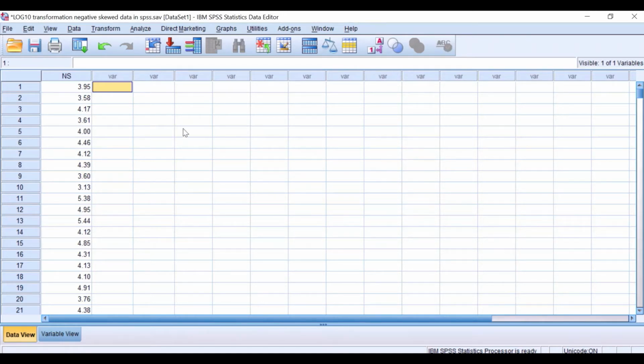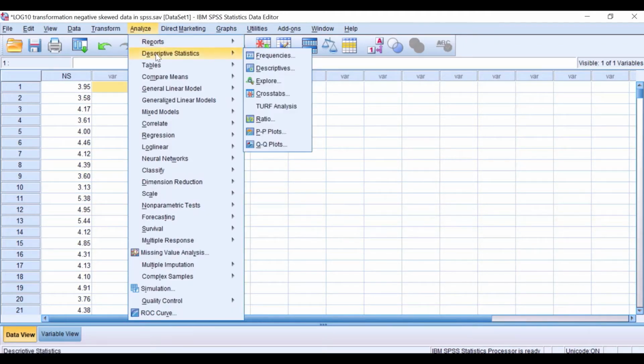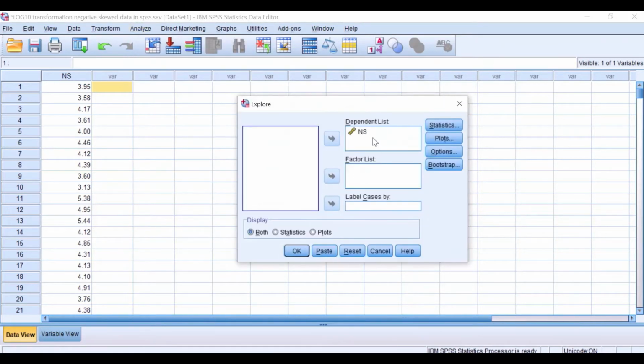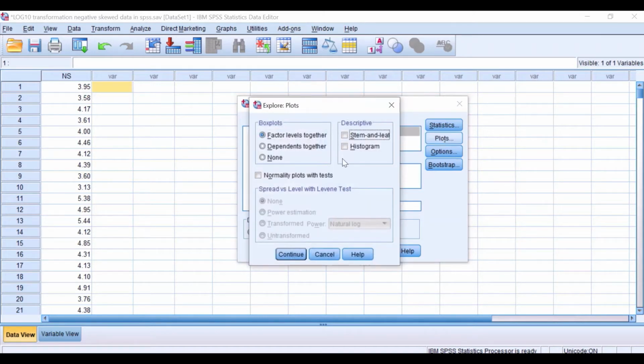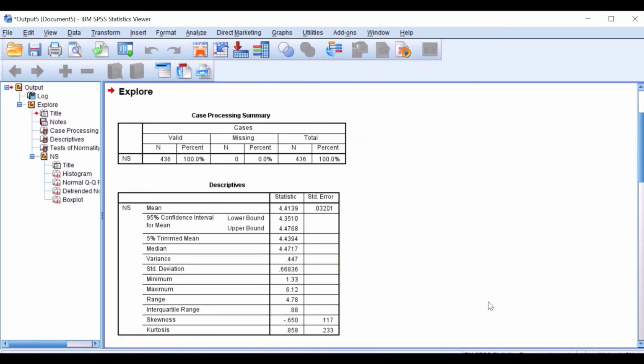So the first step is to look at the data and explore them. The way to do that, click on Analyze, Descriptive Statistics, Explore, and I'm going to move the data labeled NS to the dependent list. Click on Plots, untick Stem, tick the histogram, and tick Normality plots with tests. So I'm going to look at the distribution of the data using the histogram, the QQ plot, and the statistical tests for normality. If I click on Continue and then OK, tables are generated in this output,